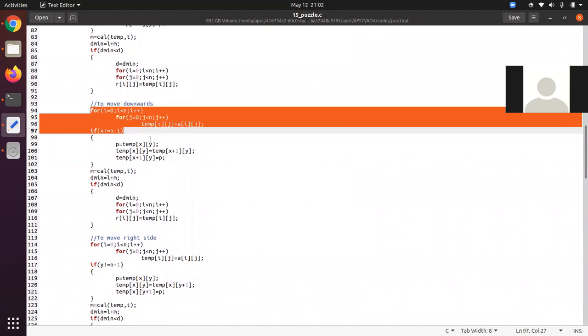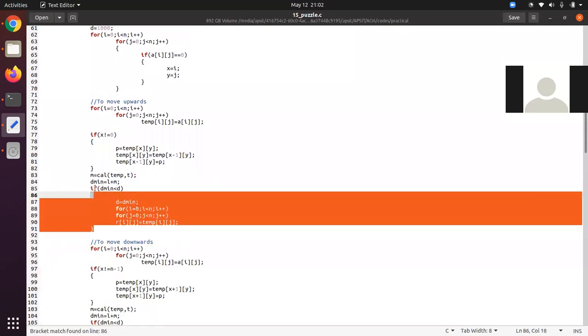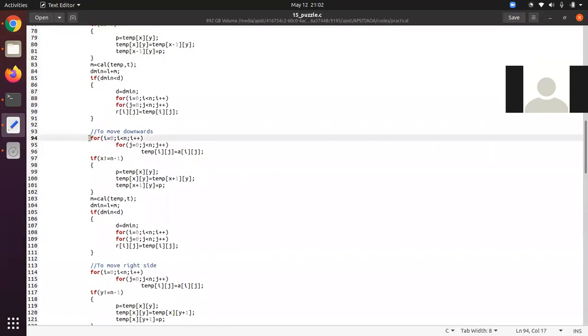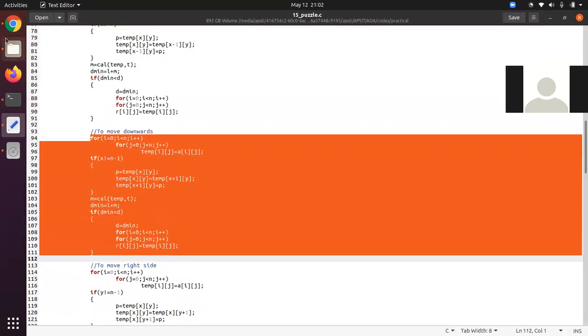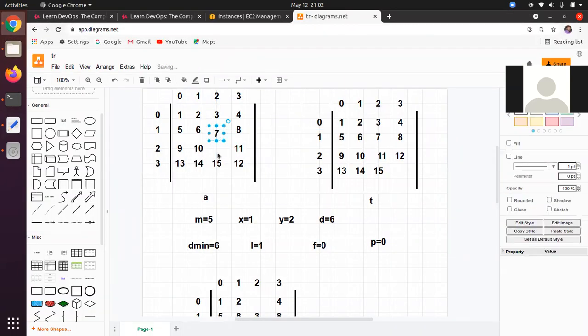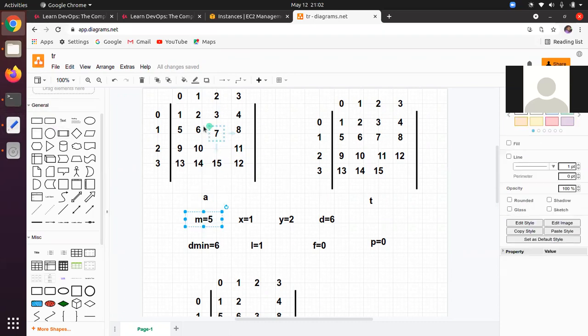Now in this iteration, what will happen? In the previous iteration, by applying this code, we moved this blank space upwards. Now, similarly, by running this particular segment of code, we will move this blank space downwards. That means 7 will come over here and 0 will go over here. And again, we will calculate the value of m. So try to identify how many differences are there here. 1, 2, 3, 4 are similar. 5, 6, 7, 8 are similar.